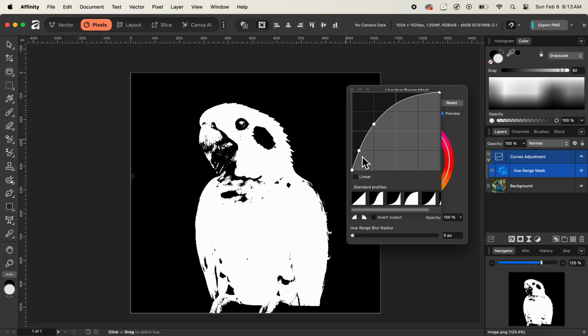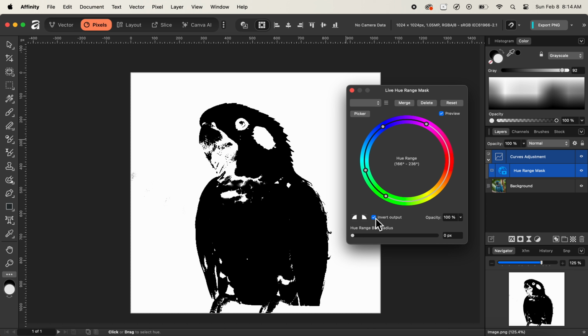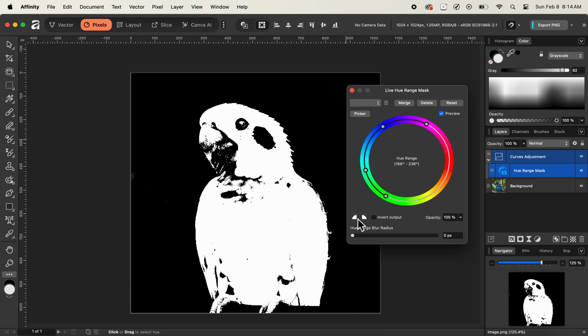So I'll simply leave it as it is for now and click outside of this box in order to get rid of it. Similarly, we do have other options like invert output. So if we check the invert output option, now it simply selects the background instead of our subject, which is the bird. So now I'll uncheck the invert output option again in order to make the selection of our bird